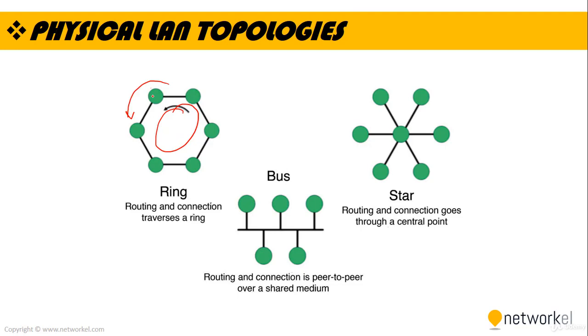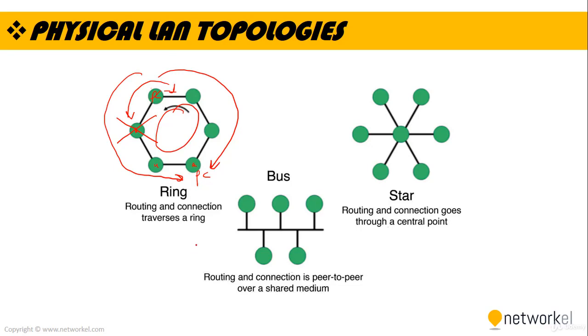For example, let's say PC1 wants to communicate with PC2. Here is the direction of the data packets. PC1 goes to this one, then this one, and this one. But what if this one fails? If there's an interruption on this one, you can send the packet the other way